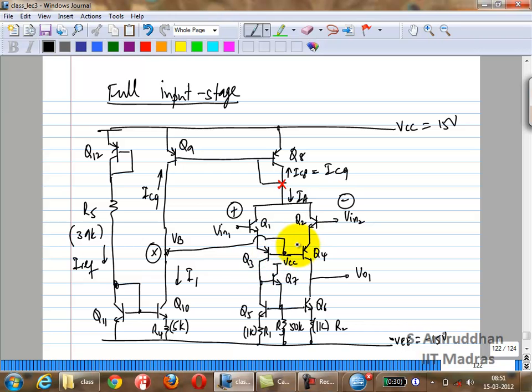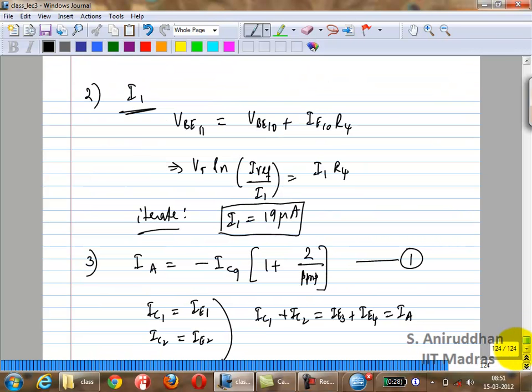Now you can write a KCL here relating this current. That's the base current. That is where the feedback part comes in. And that you can relate to again IC9 and what is known, which is I1. Okay, so in other words, you're trying to calculate, let us say, these currents or something related to these currents in terms of maybe I1 and maybe the betas of the transistors. Okay, what is this? Okay,